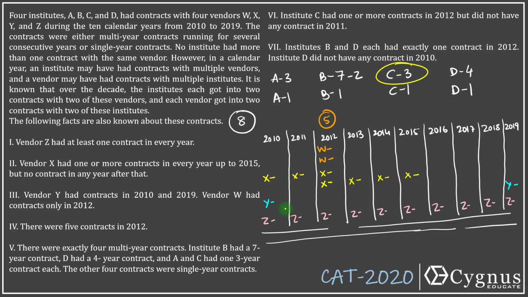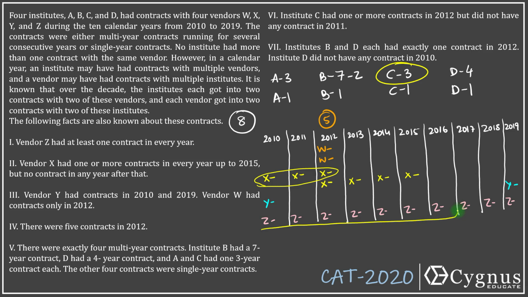If we establish that Z had a 3-year contract here and the other 3-year contract is here, then C will not be able to have any contract of 3 years tenure, because C must not have a contract in 2011. That tells us two things. One, that the 3-year contract cannot be here. That means it must be an arrangement of